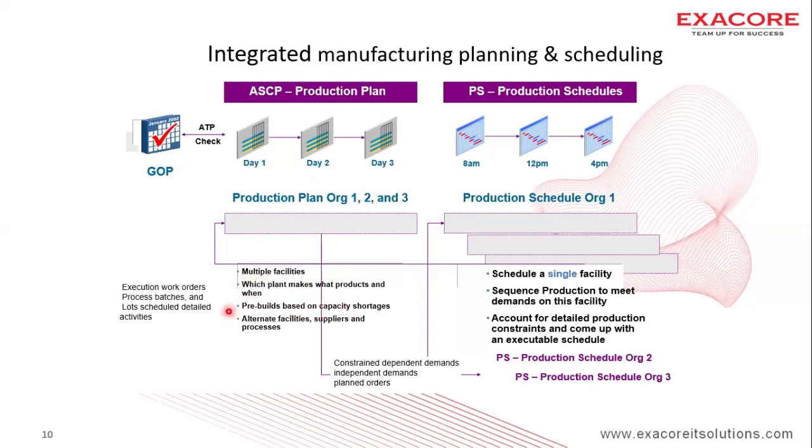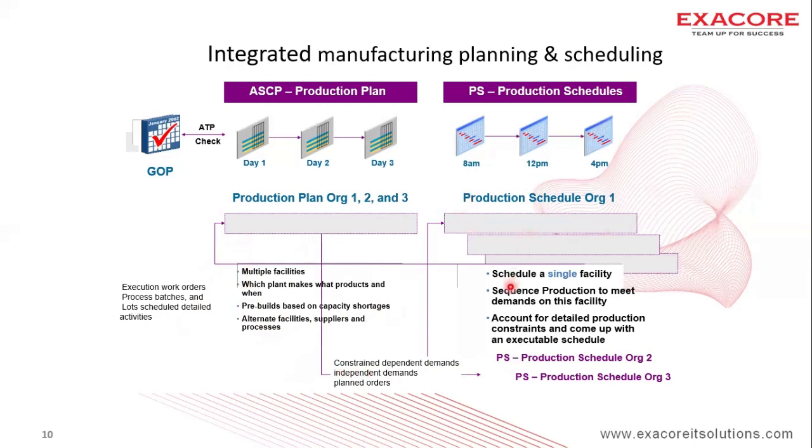It will also build the supply based on the capacity or shortages. It also checks for alternate facilities or suppliers and whether we can use any other processes or routing to get this done. And all this production plan will be collected and pulled to the production schedule,